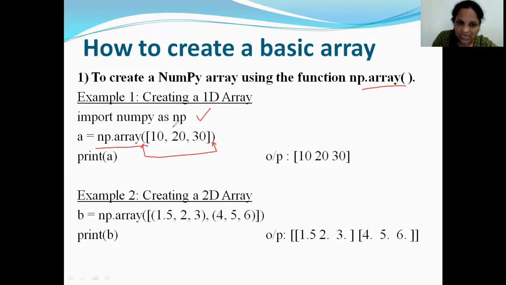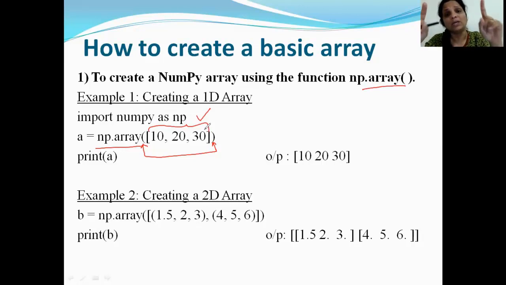Now what you see in square brackets here is a list that supplies the elements that should be a part of your array. So the square bracket within the parentheses is the parameter of the function called array. Just as when you write pow(a, b), a and b are parameters to the function pow, similarly the parameter for the function array is a list which can consist of the elements that you need to put into the array.